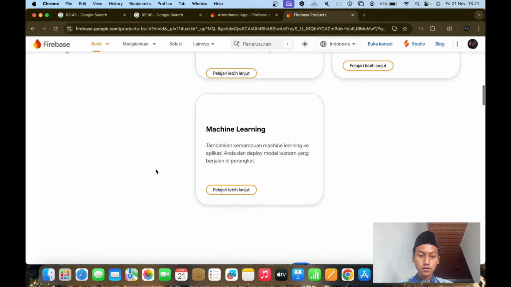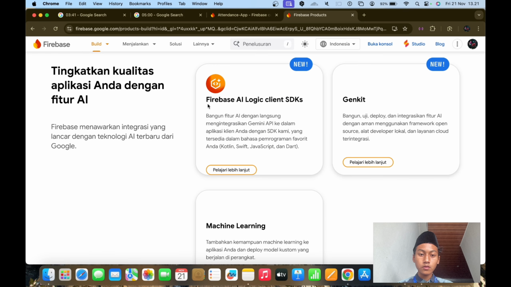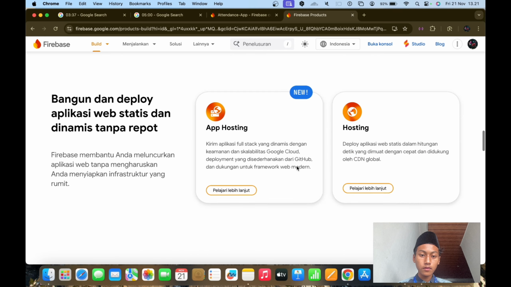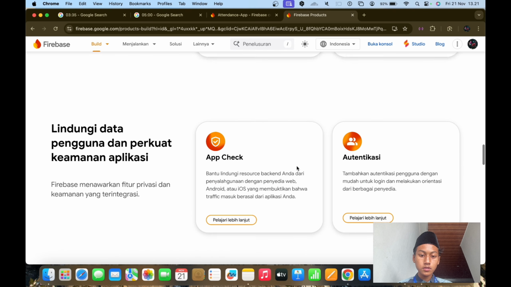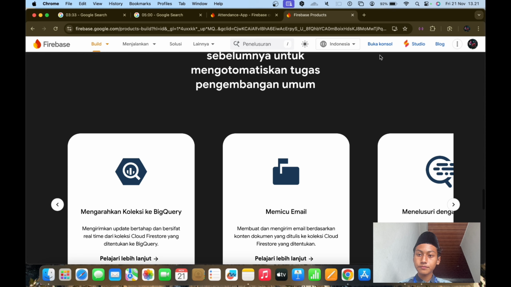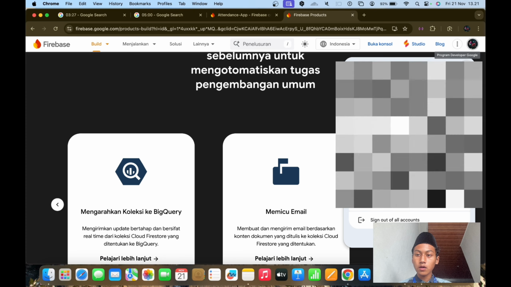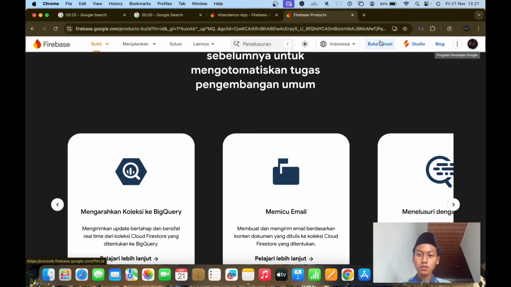After that you can choose Firebase AI Logic, ML Kit, Machine Learning, Data Connect, Realtime, App Hosting, and others. And then you can open the console when your account is registered or logged in.